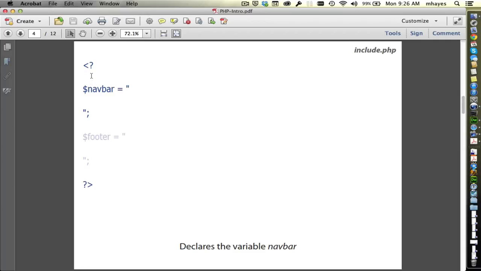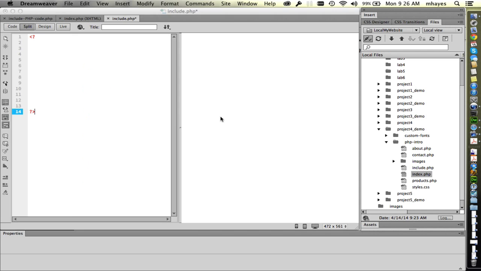So to define it in PHP, you use a $ sign and then the name. Then you have to have an equal and a double quote. Then all of our HTML code will go here in the middle in a moment, and that closes with a double quote and a semicolon. So that's how you declare a variable right there. So I guess let's go put one of those in place real quick. So $navbar,